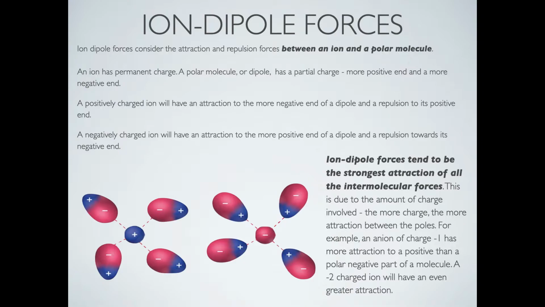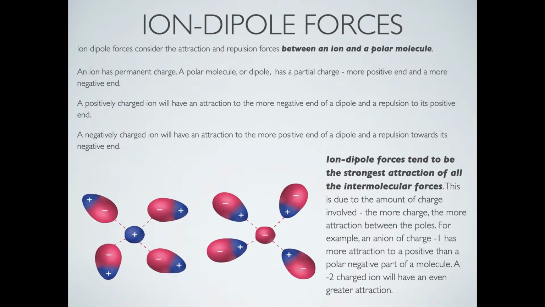Okay, an ion has a permanent charge. A polar molecule or dipole has a partial charge. So a more positive end and a more negative end for that polar molecule. So a positively charged ion will attract to the more negative end of a dipole. So like the diagram on the left, all the negatives are facing inwards towards that positive permanent ion charge,